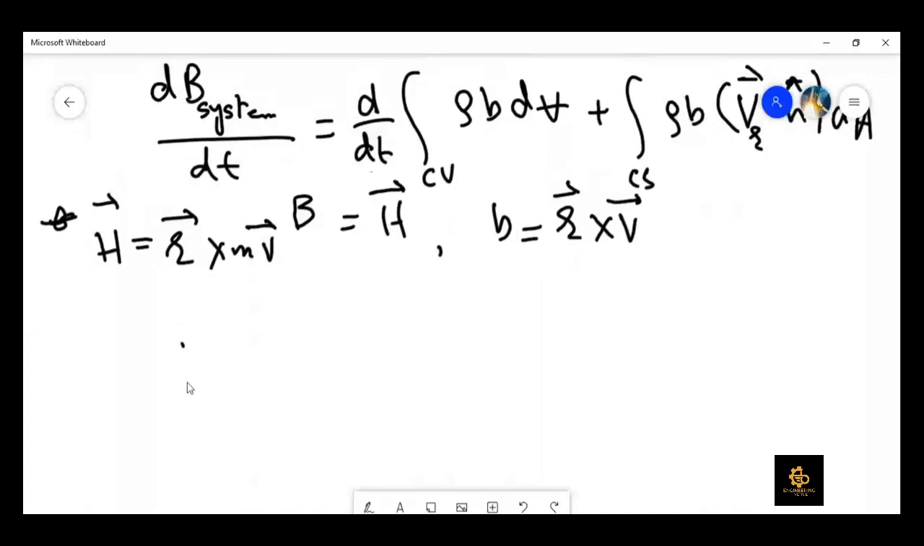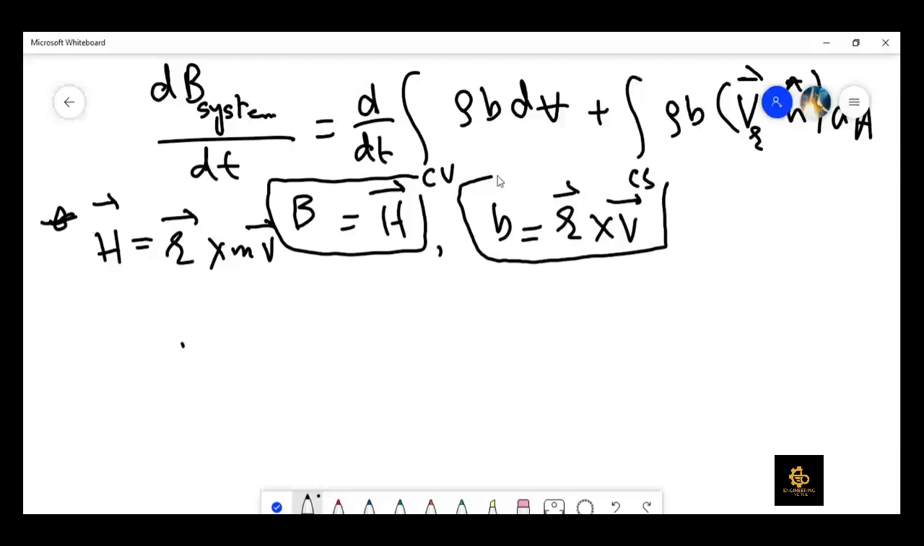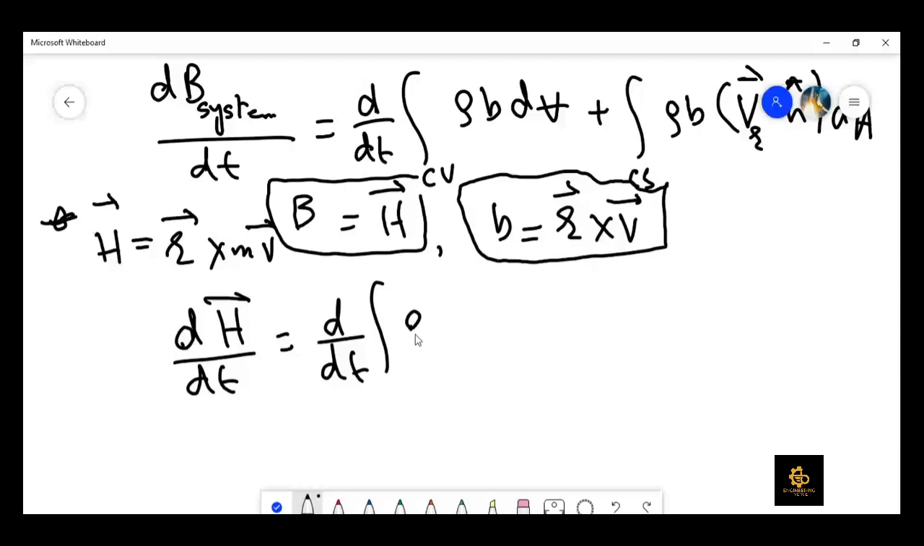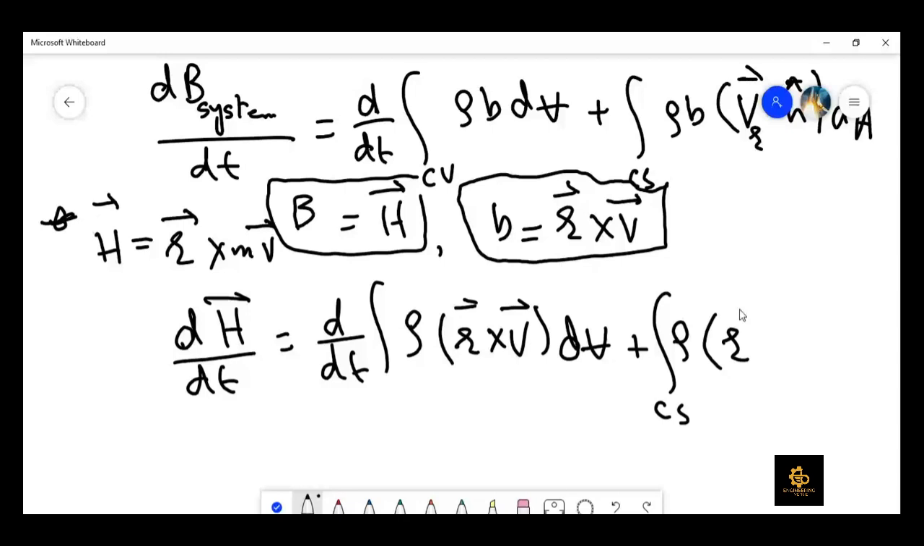So we have to replace these two bits, B and I. So if we write dH by dt, it would be equal to d by dt of the volume integral of rho into r cross V dV, plus the surface integral of rho into r cross V, V dot n dA. Right? So this is the equation, and then one thing which we can replace here, that we can say that